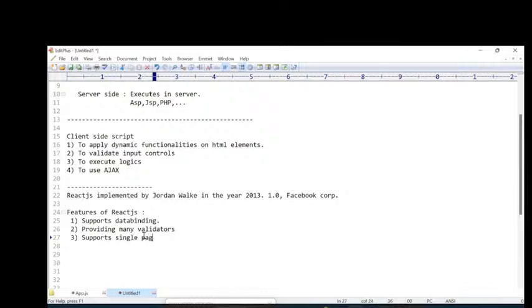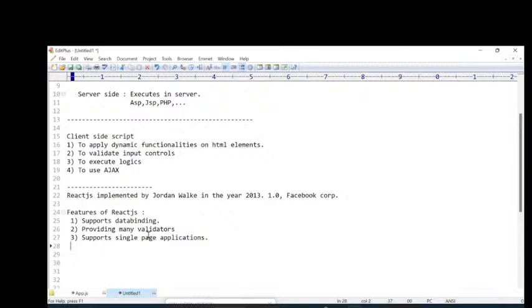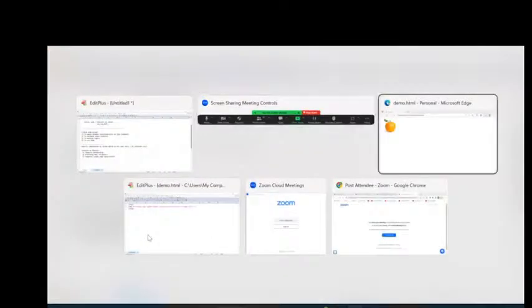Next, supports single page applications. The next advantage is that React supports single page applications. What is a single page application? What is the advantage of a single page application? It is a very important and very popular concept. I will just give you a simple overview. Now, see, for example,